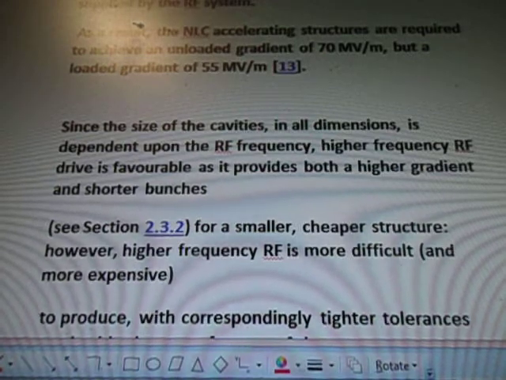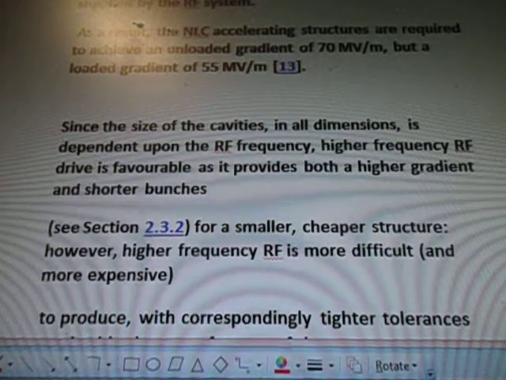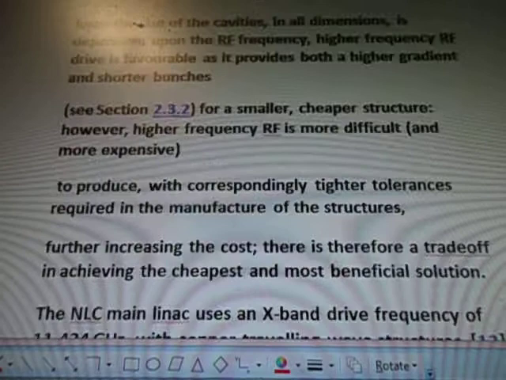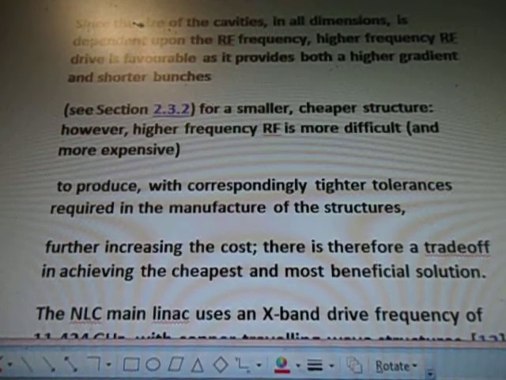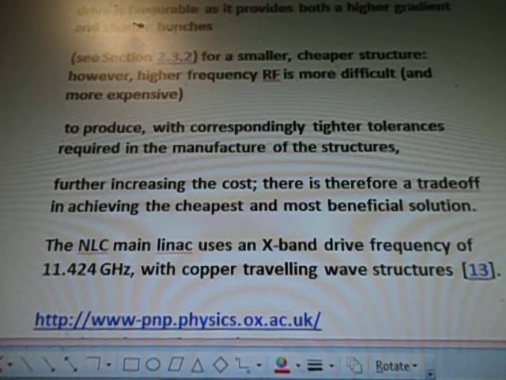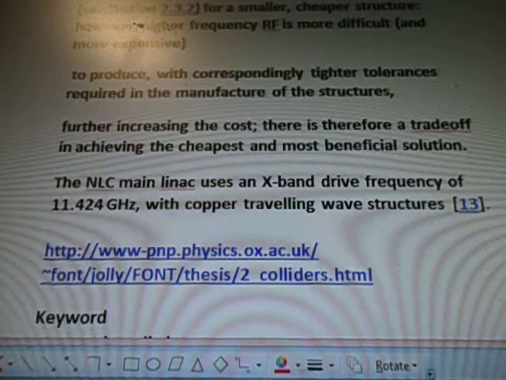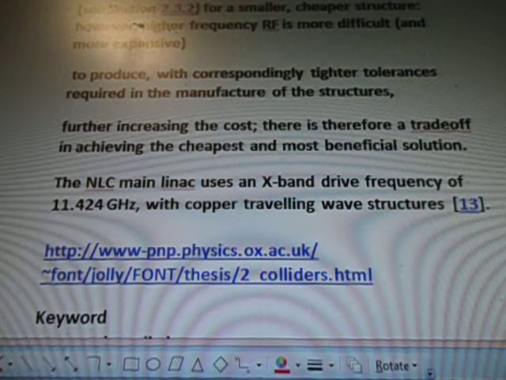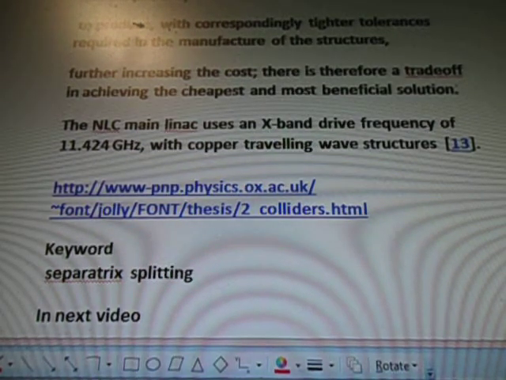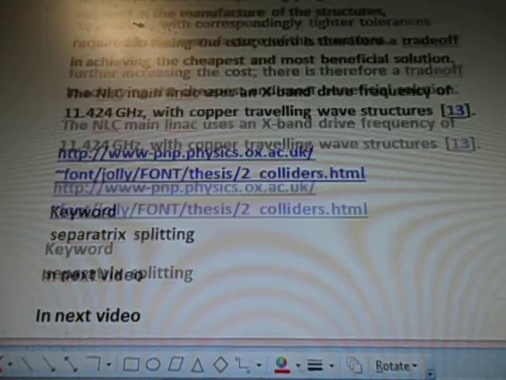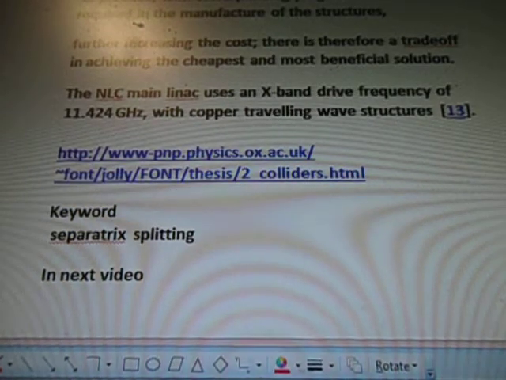frequency RF drive is valuable as it provides both a higher gradient and shorter bunches. For a smaller, cheaper structure, however, higher frequency RF is more difficult and more expensive to produce, with corresponding tighter tolerances required in the manufacture of the structures, further increasing the cost. There is therefore a trade-off in achieving the cheapest and most beneficial solution. The NLC main linac uses an X-band drive frequency of 11.424 GHz with copper traveling wave structures, and that's from